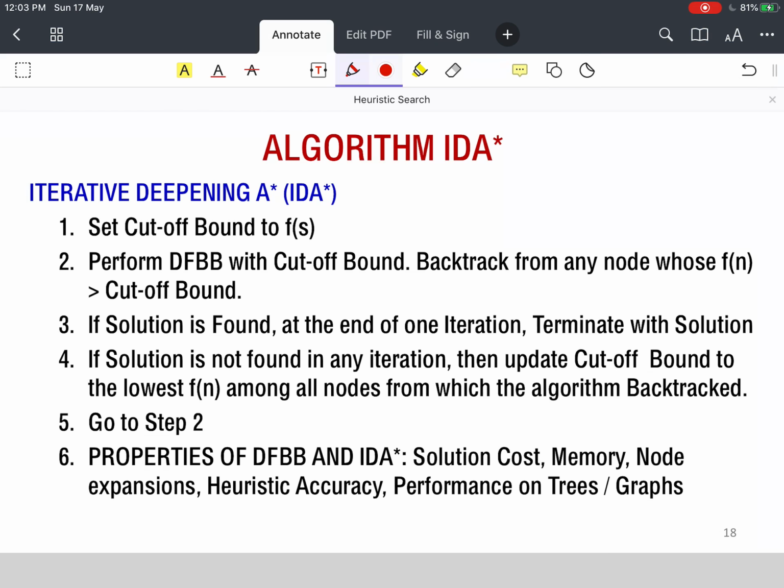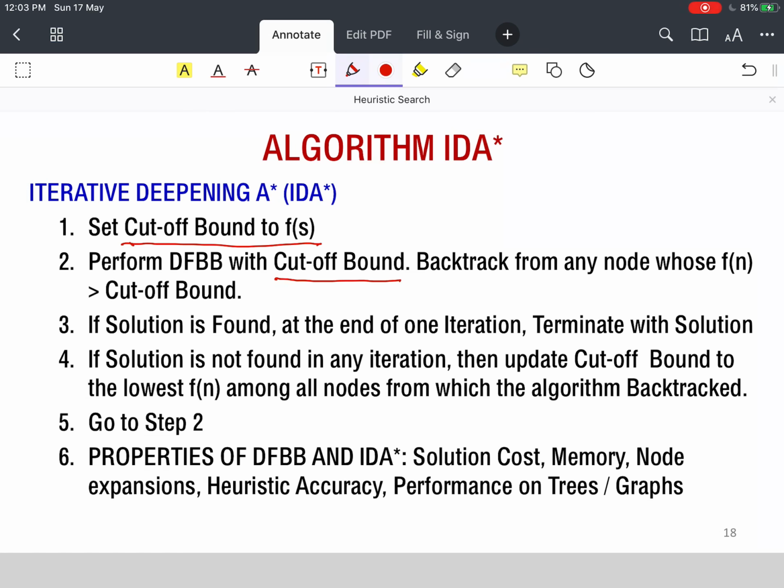Now we come to the iterative deepening A star algorithm. As we said, it is depth first branch and bound in steps, in iterations. In pure unit cost paths, it was doing level by level. Now it will do cost by cost, which means that it will set an initial cost bound.